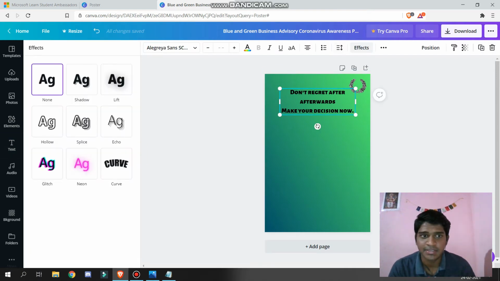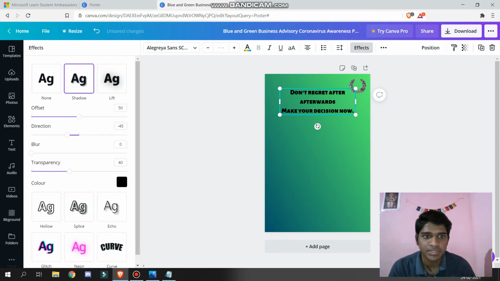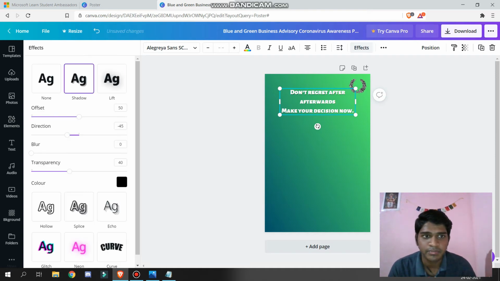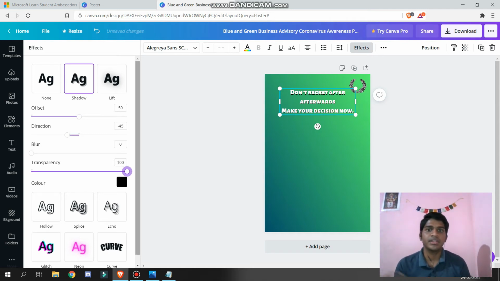If I want to give some depth to the design, I will use some shadow. For that, we need to change the color of the logo. If I'm keeping it white, in white the shadow looks good. Here you get the option of where you want to keep the shadow, and if you increase this, you can increase the transparency of the shadow. The darker the transparency is, the more the color is visible.